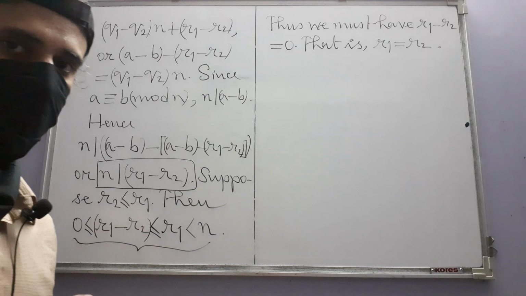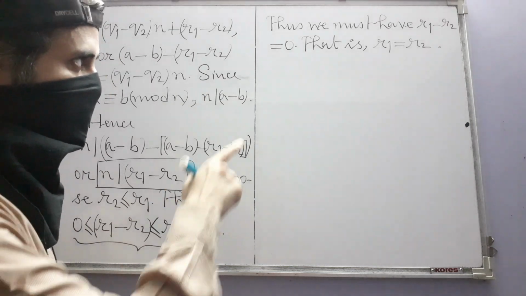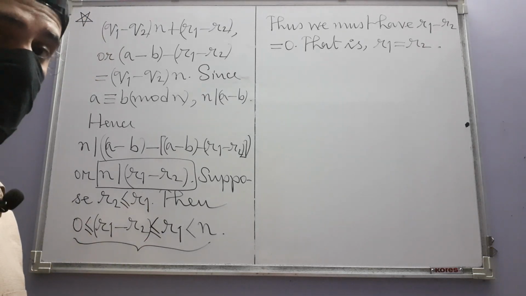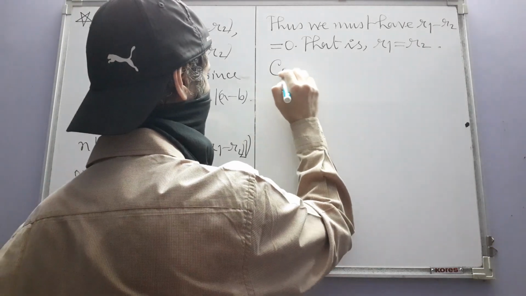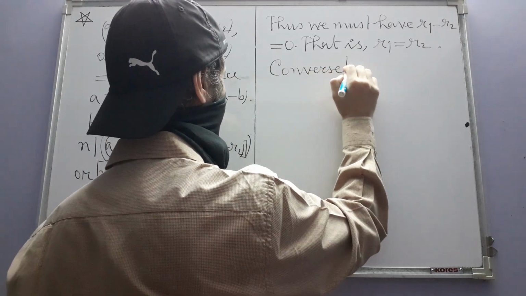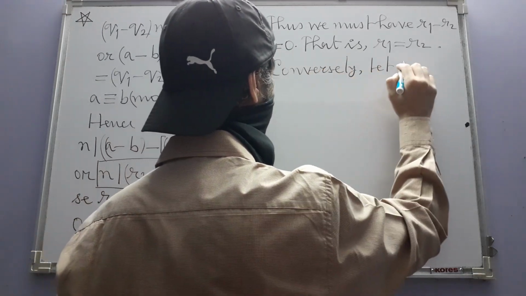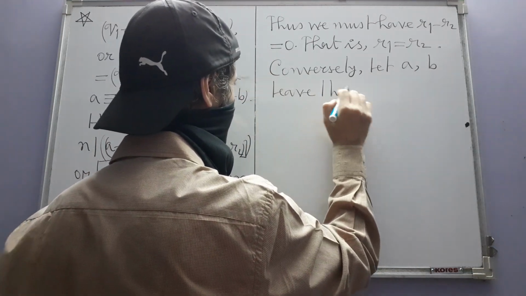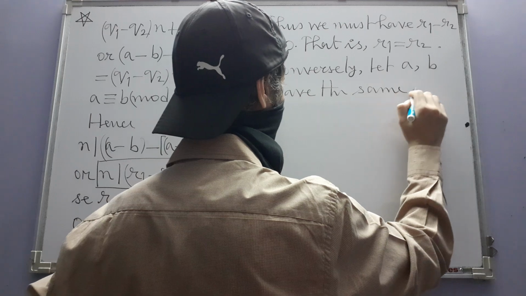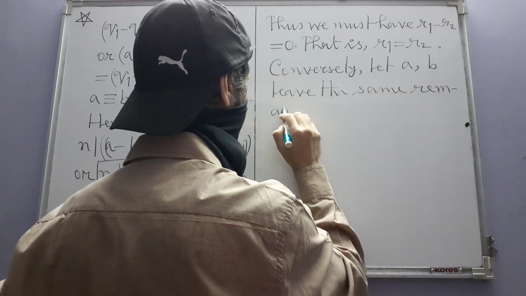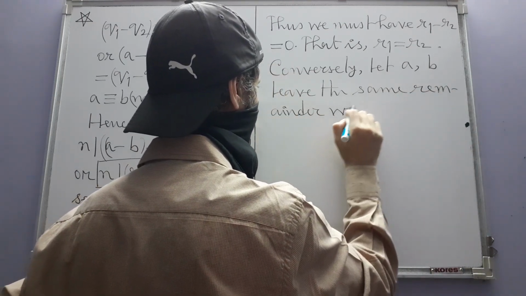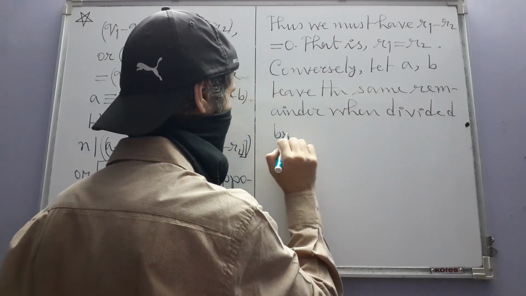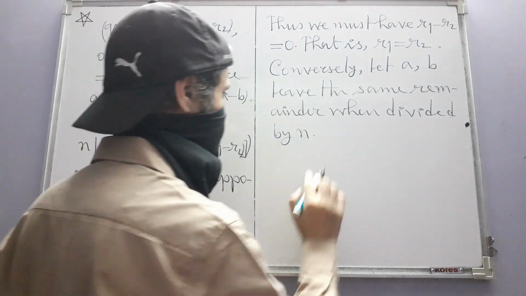Assuming that A is congruent to B mod n, we wanted to show that A and B leave the same remainder when divided by n. But there is that converse part also. Conversely, let A and B leave the same remainder when divided by n. Then